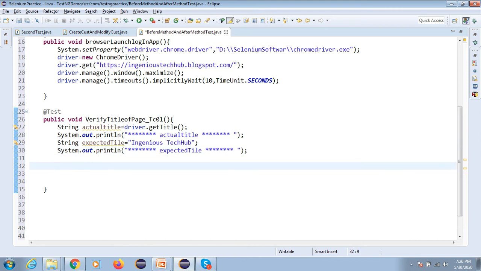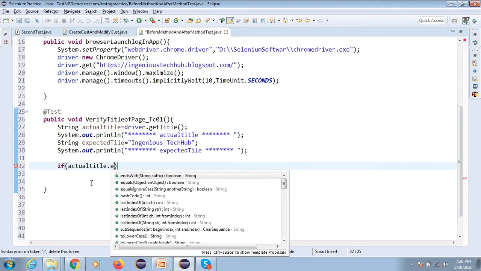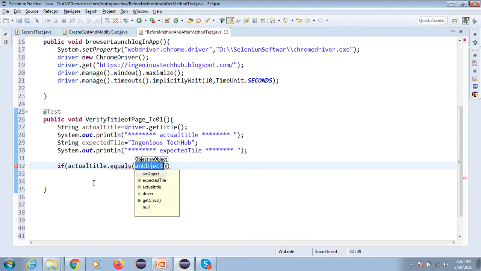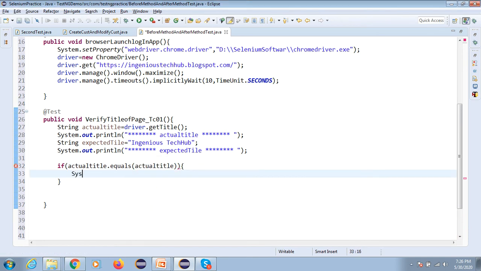After that, I will replace all the things from the base class. I just want to recall everything we have learned. Some of the people are doing practice or not, so it will be a revision. So here we will give the message: title matched. This is the one test case.